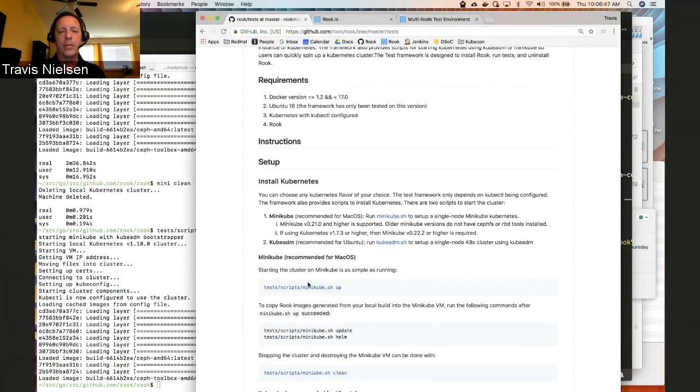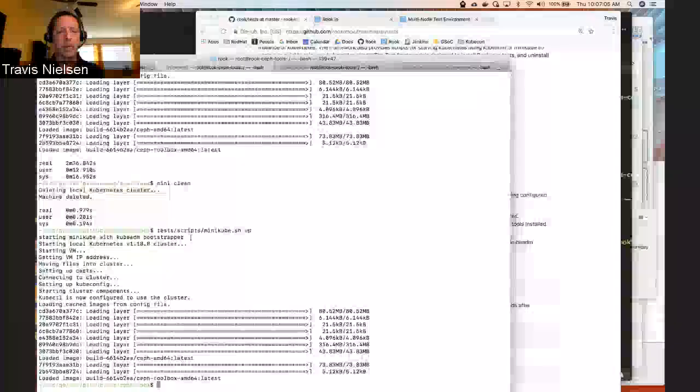So on this page, we see in the Rook repo, we have a helper script, minikube.sh, where we're just going to say minikube up, and it will give us our one node cluster. It takes 2 or 3 minutes to get started. So just before this, I started up a clean minikube here. So if I switch over to my console, we've got